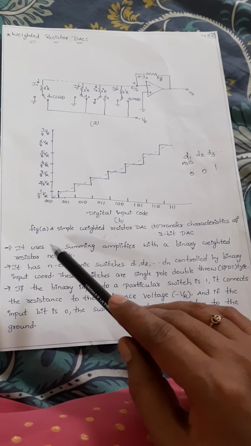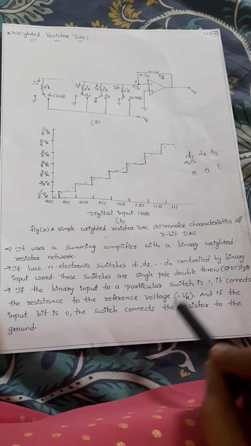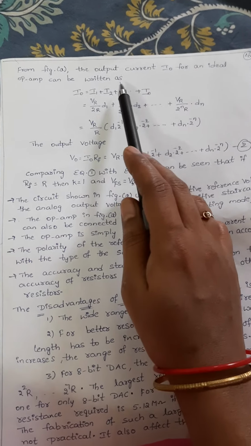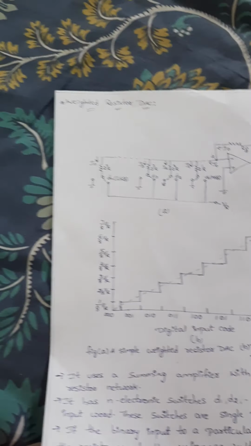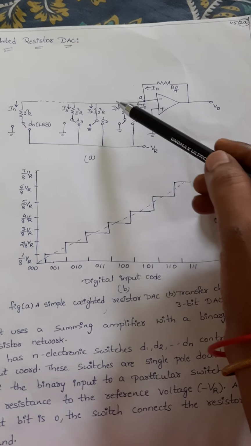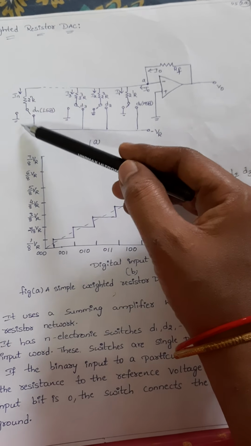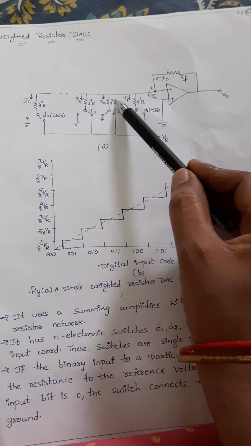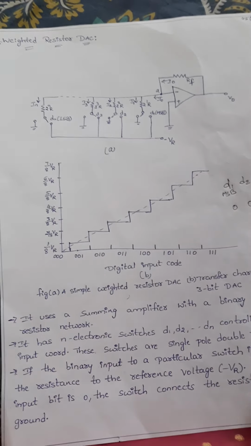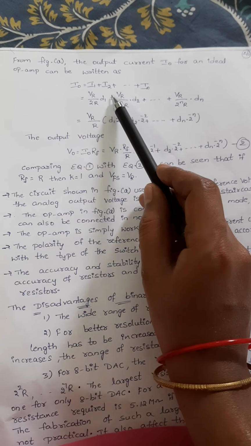See here, the matter is written, it is using the n electronic switches. The total current I is nothing but the addition of all the currents. See here, the currents are written as I1, I2, I3 and so on to In. This total current I0 is made to divide in all these resistors. So total current I0 is equal to I1 plus I2 and so on to In.